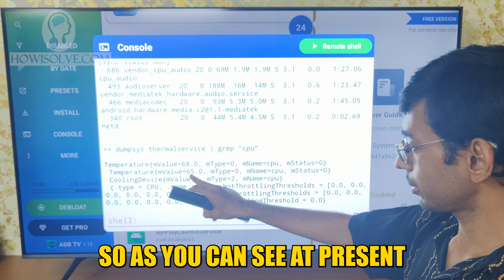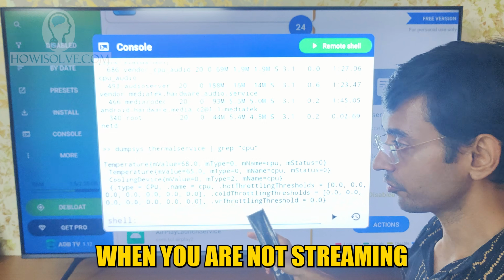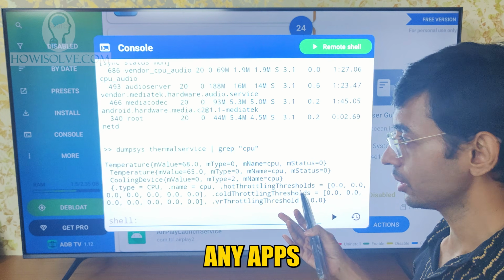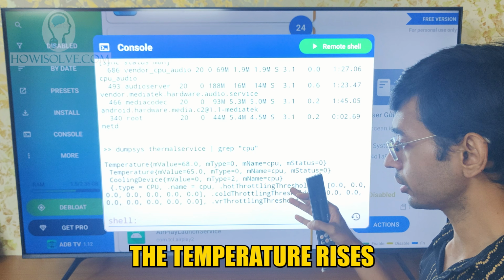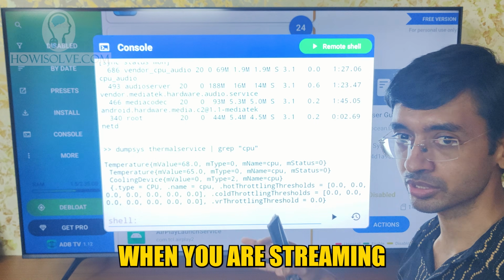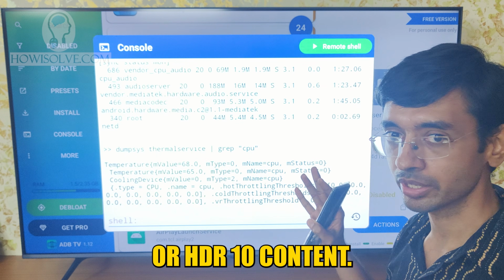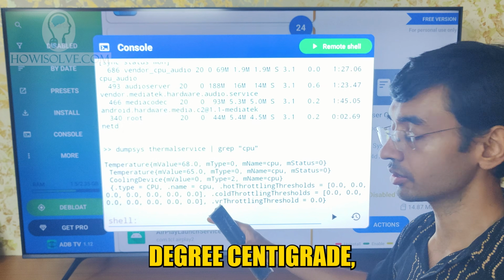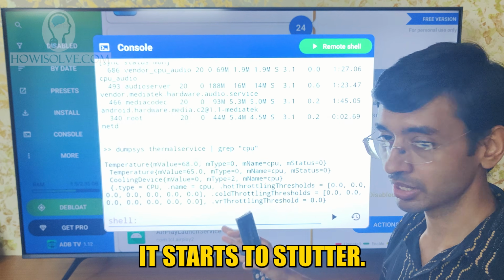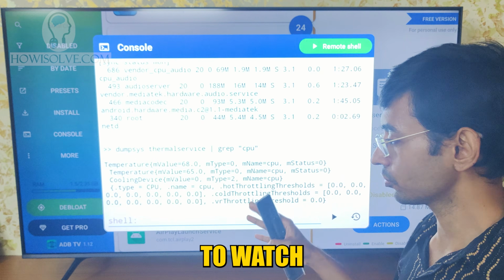So as you can see, at present it is 65 degrees centigrade, and this is normal temperature when you are not streaming any apps. But in TCL C6K, what I found is the temperature rises quite a lot when you're streaming high bitrate content, like Dolby Vision or HDR10 content. This temperature goes as high as 86 degrees centigrade. And at that temperature, it starts to stutter, and playback also suffers a bit if you continue to watch high